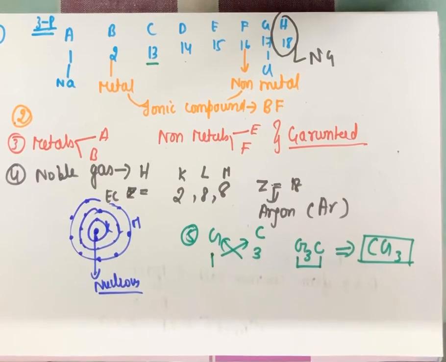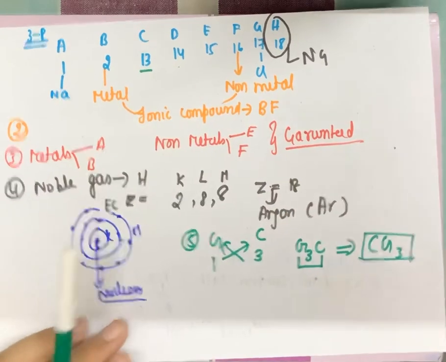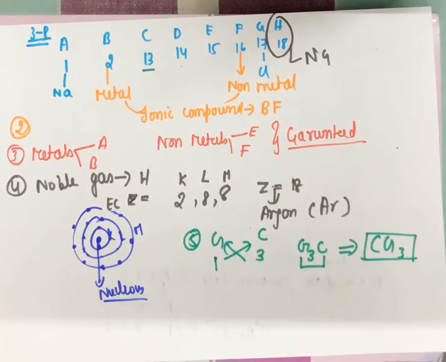Now what people actually do is, from the question, they derive what is C, they derive what is G, they name the element, and they write the formula of the actual compound. But don't do that. You have been asked for C and G, so write it in terms of C and G only. Okay.